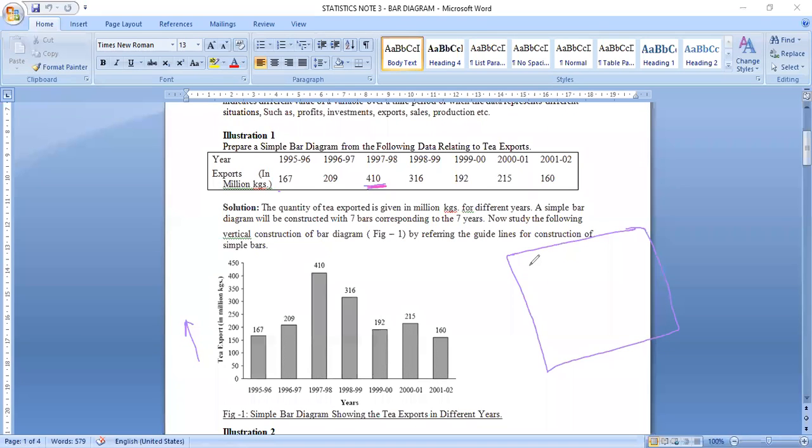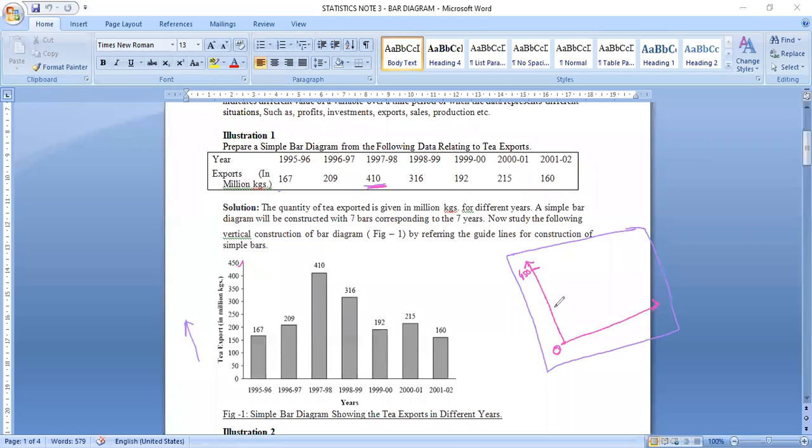So when you draw the x-axis and the corresponding y-axis, this is the maximum, you go up to this limit. So you write it here. This is the starting point 0. You know that? And you may go up to 410 or rather 450. I go for 450 here. At most you can take 410 also, or rather you can go 450.